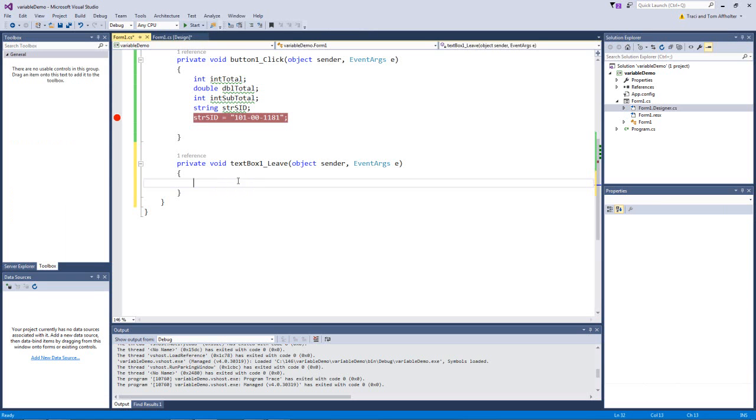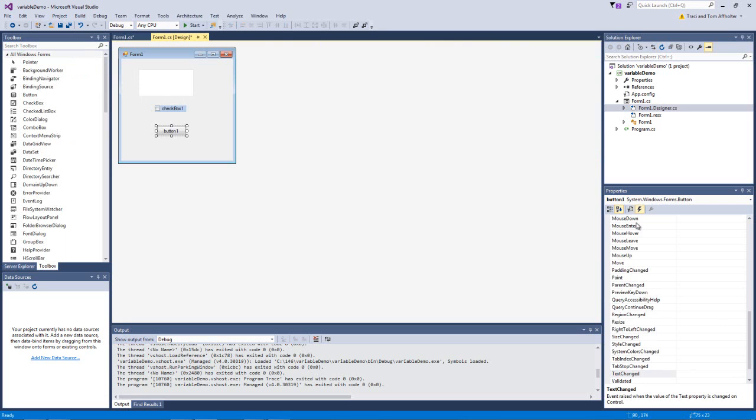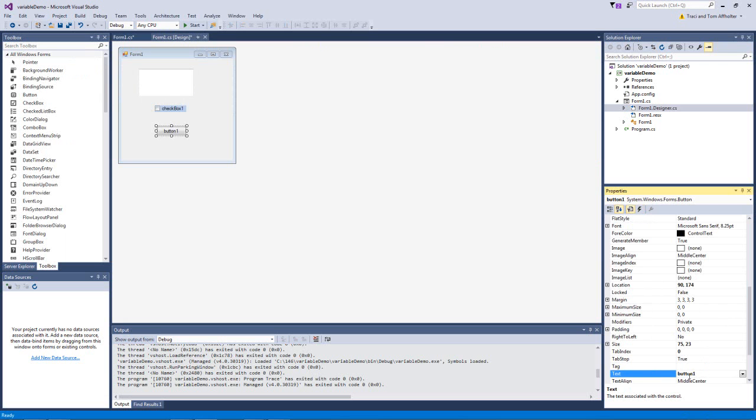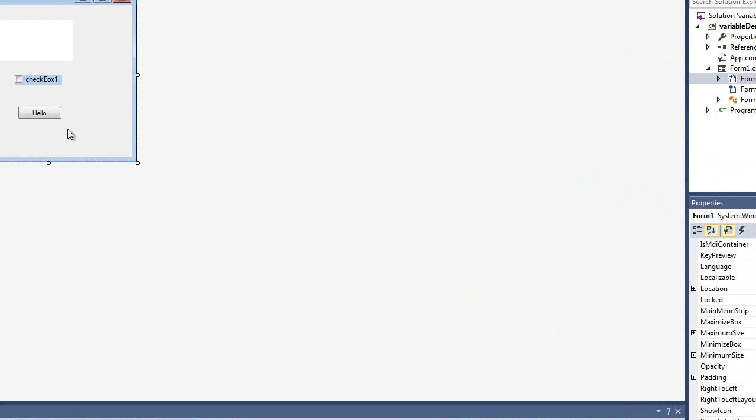So the moment I leave that text box, I want, and I'm typing out button 1 dot, and the text that appears on this button is going to be, we're on the event handler, let's go back to text. The text that appears on it is button 1. Okay? I could put hello on it, and that's the text on it, is hello. Okay? I'll leave that there for now. So now, I'm going to go back to my code, but notice what it was. It was the text